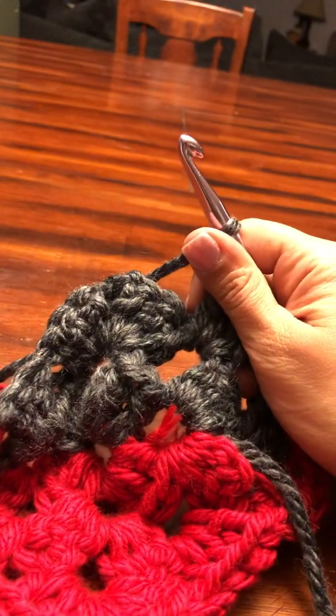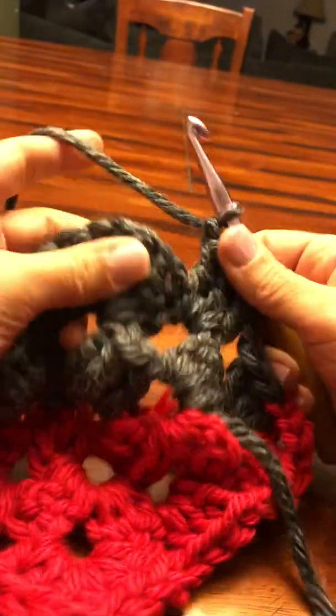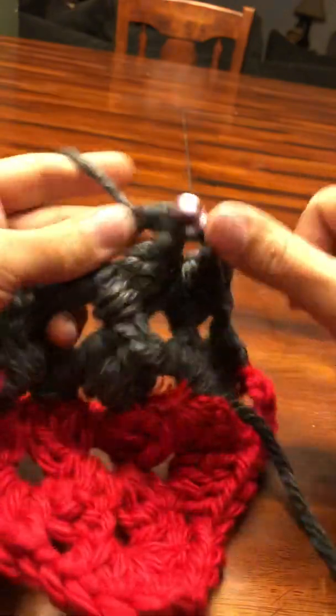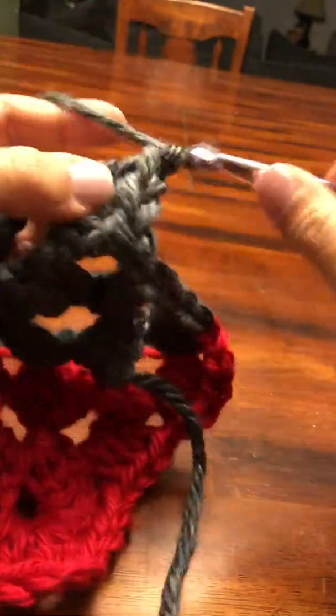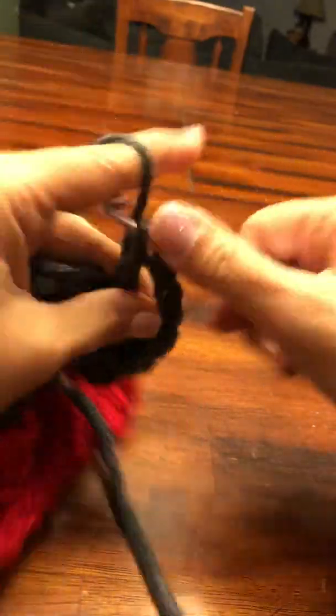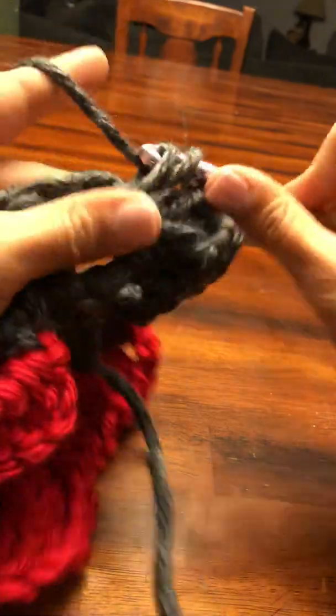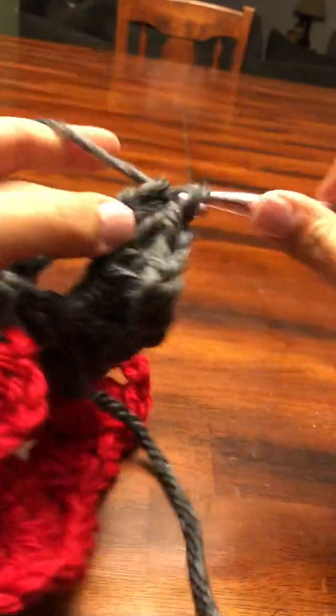Sorry, my yarn is being difficult. You're going to come over to your last corner. You're going to do 3 double crochets, 1, 2, 3, chain 3, 1, 2, 3, 3 more, 1, 2, 3, chain 1,